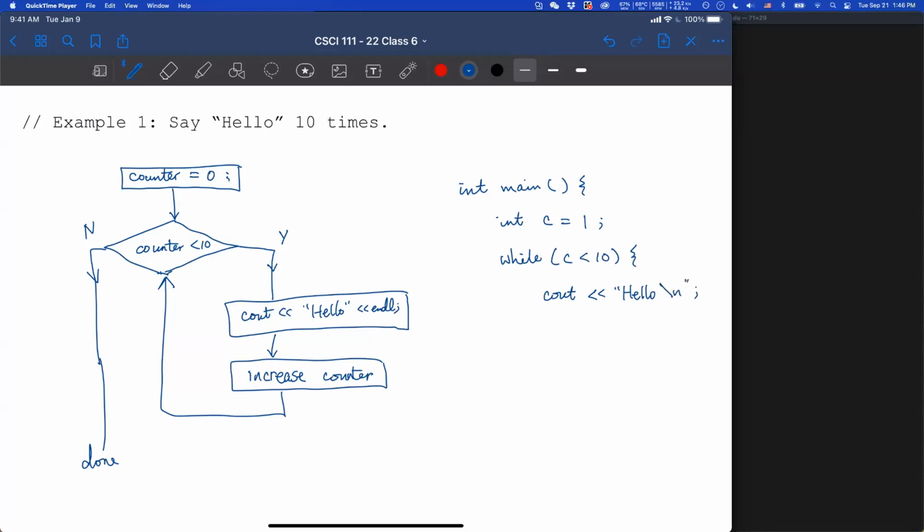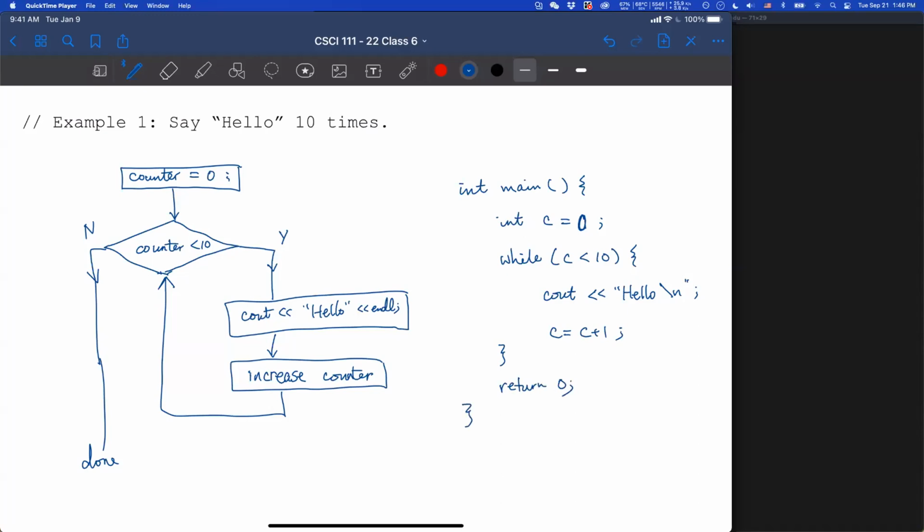Shouldn't C be 0? Yes, we can set C equal to 0. And we need to increase the counter. You can have C equals C plus 1. Then we will finish our code here with return 0.